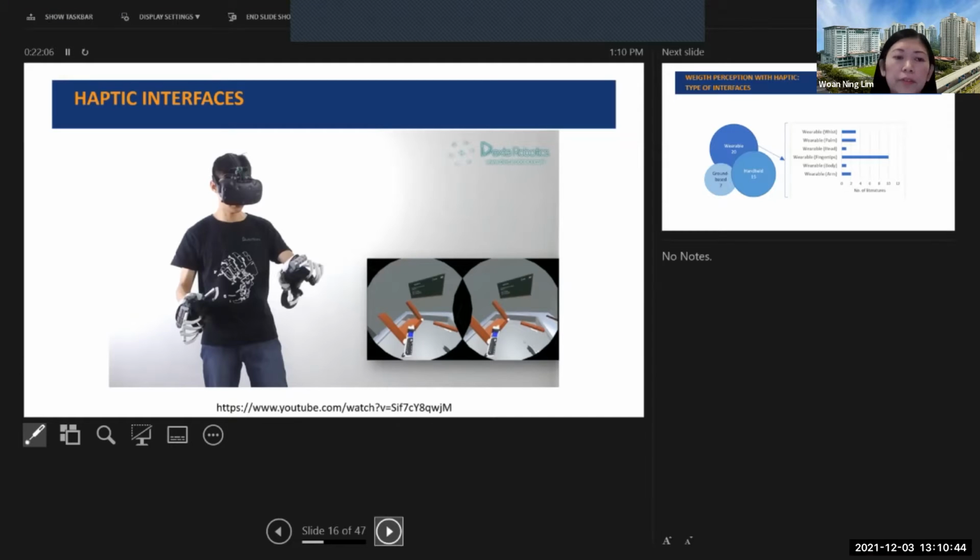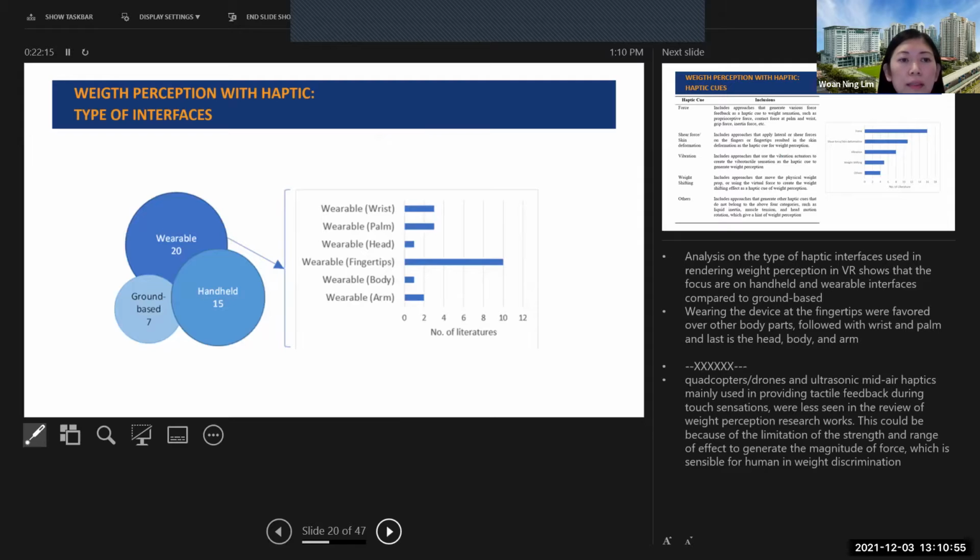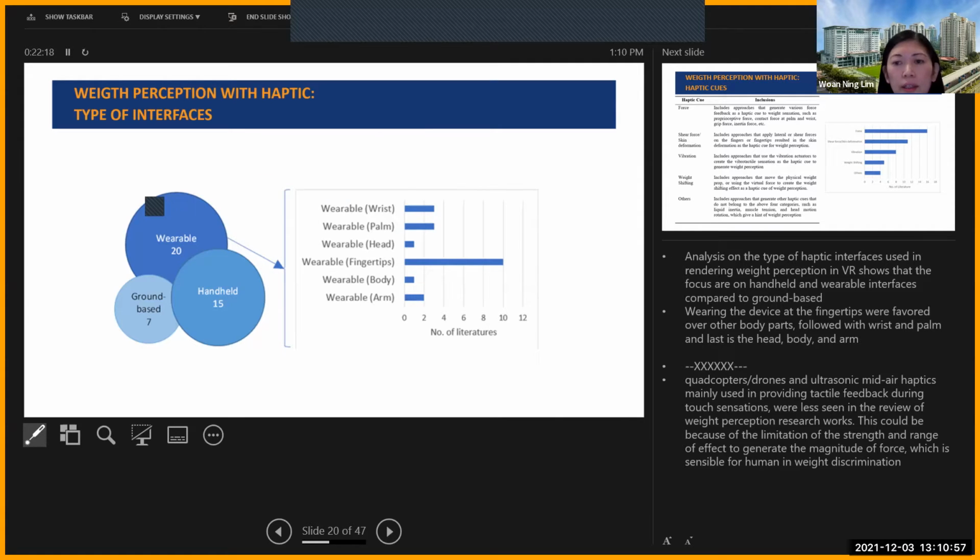Okay, so this is a very interesting product. Hopefully one day the cost can be lowered and it can be more consumer friendly. So let's take a look at the research initiatives that apply haptic interfaces to generate weight perceptions.